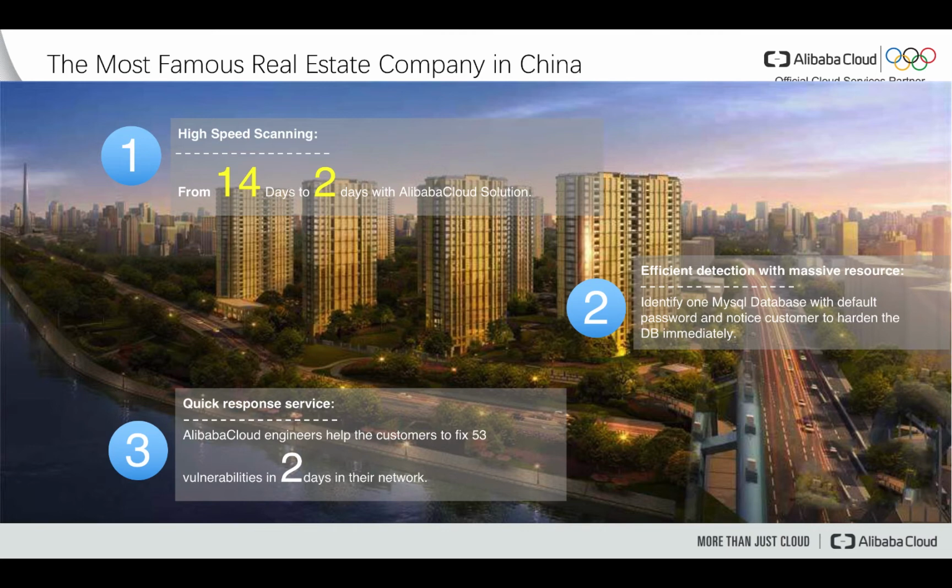Previously, they may take 2 weeks to do a full scanning for their IT infrastructure, but with our solution, now it was shrunk to only 2 days. And you can see from point 2, the AVDS can not only scan the massive resources, but also it can identify the very particular